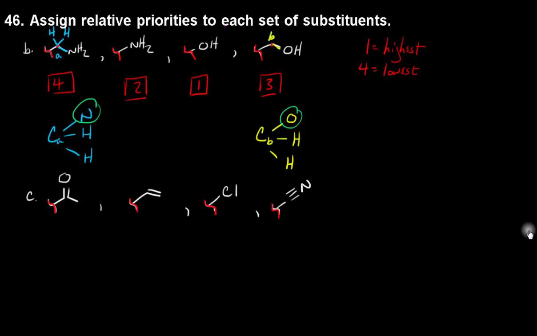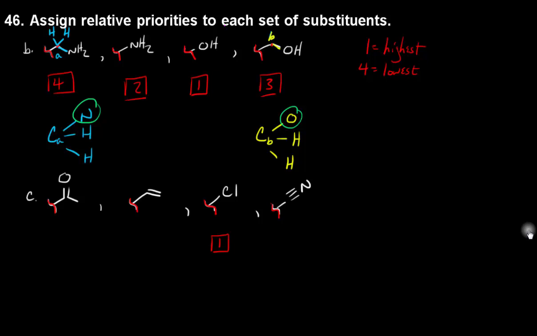So right here, it looks like we have 3 immediate ties right off the bat, which are all carbon. So the only easy call to make here is with the chlorine. Chlorine is going to have a higher atomic number than the carbon. So overall, this is going to have the highest priority, this chlorine right here. So now what we have to do is start breaking the tie for each of these other